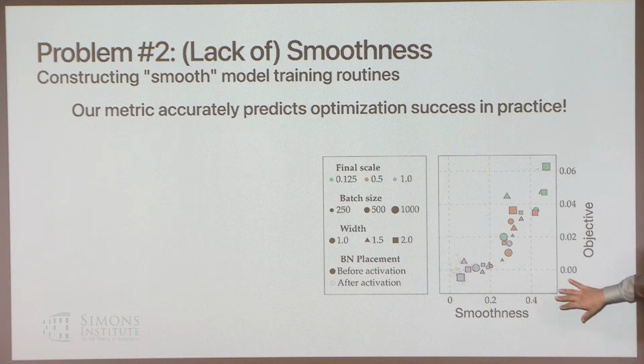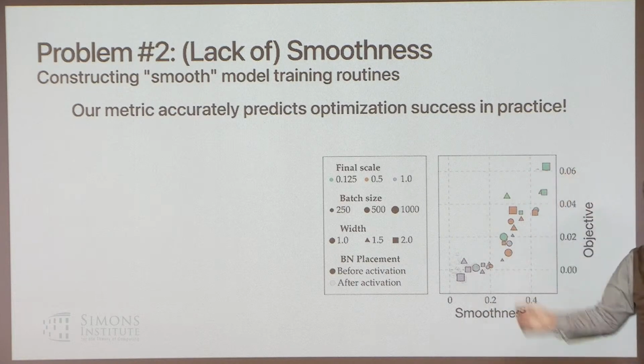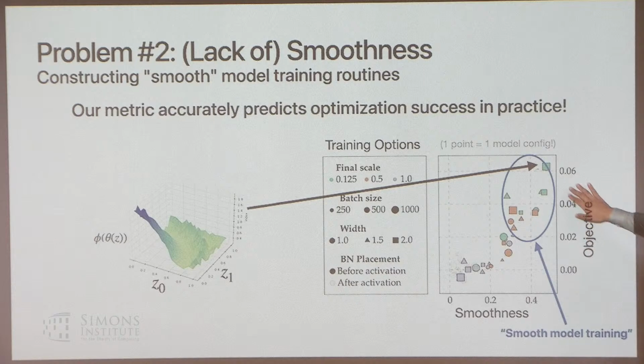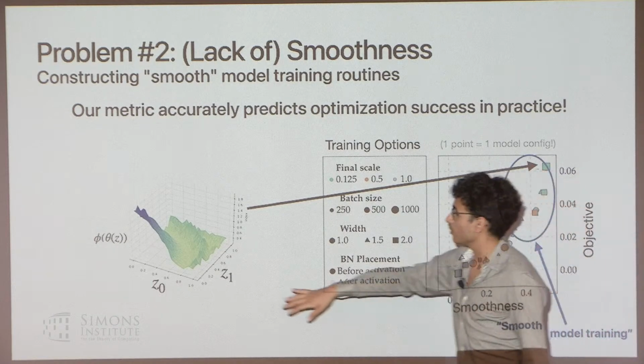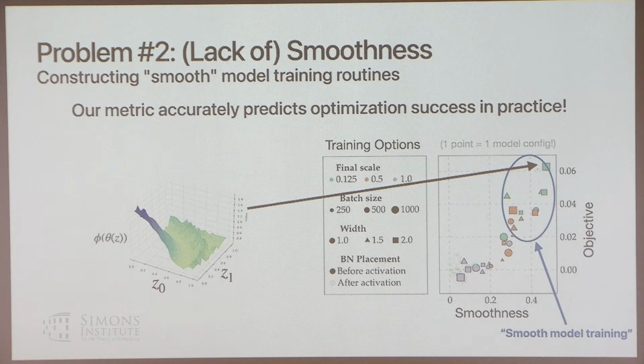And this graph actually serves as a really good sanity check, because what I'm showing you here is this measure of smoothness plotted against how good we are at optimizing, how useful our gradients are for actually optimizing the objective. What we see is that there's a pretty clear trend between these two. And if we select one point that looks pretty smooth and visualize the corresponding loss landscape, we see that things look much nicer and much more amenable to optimization.